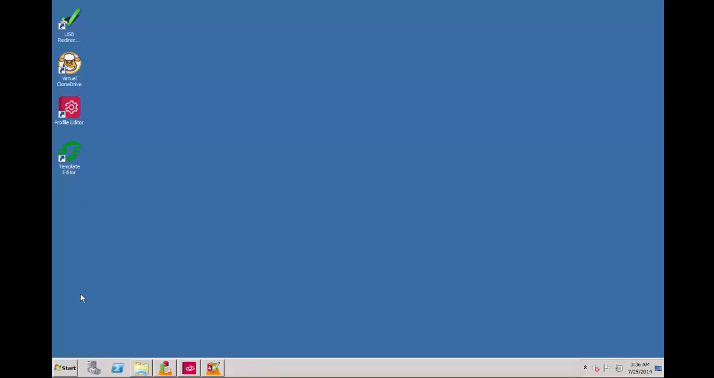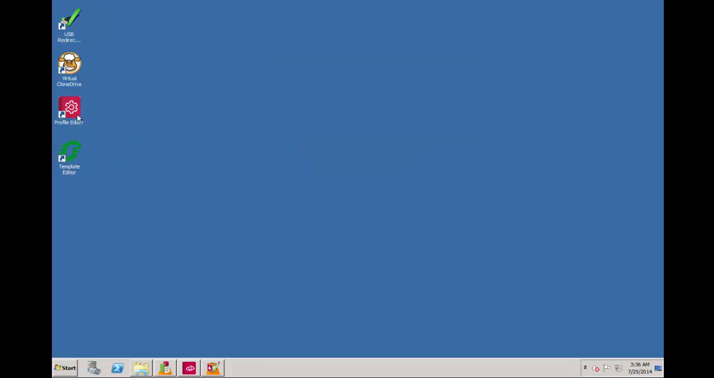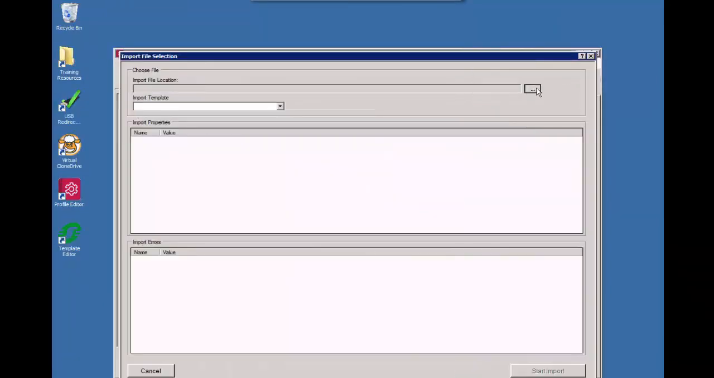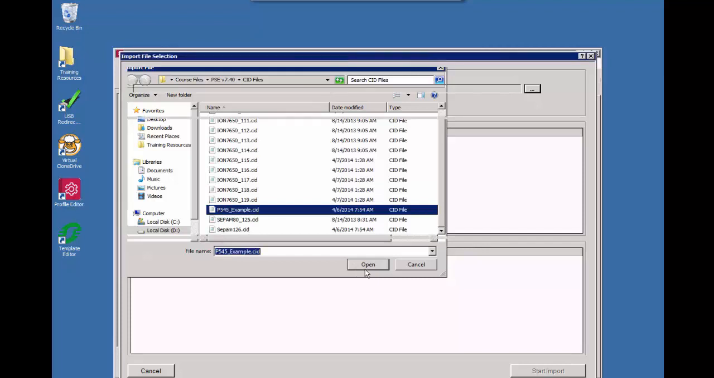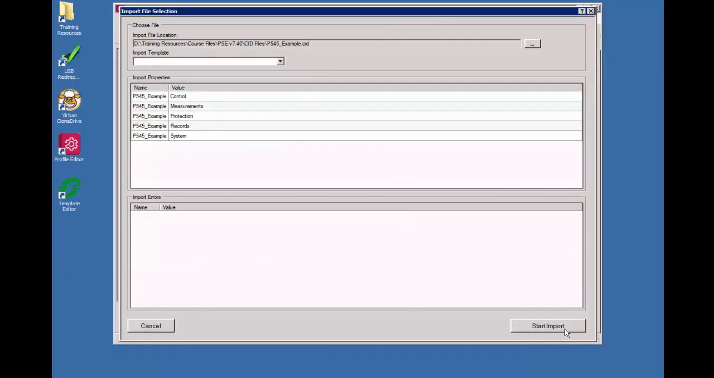In this exercise, we'll create a new device type for a MICOM relay with IEC61850 protocol in SCADA Expert. To do this, first we have to open Profile Editor, then click on File, Import to import the CID file. Click on Open, leave the import template blank, click on Start Import,